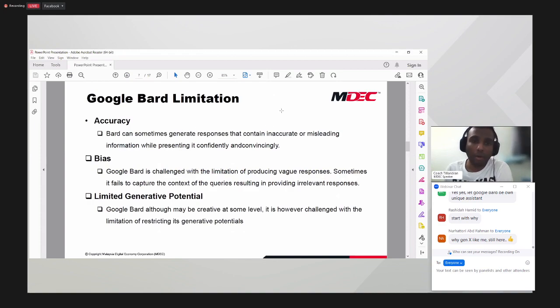Okay, and then the next thing about Google Bard that I want to talk about is, earlier we talked about the advantages, but kita kena tengok juga kepada limitation, disadvantage dia. Apakah limitation ataupun kelemahan Google Bard? Because any product in this world will have a weakness. That is fact. Tak ada produk dekat dunia ni yang 100% perfect. We have to accept that fact. Sama juga untuk Google Bard, dia ada kelemahan dia juga.